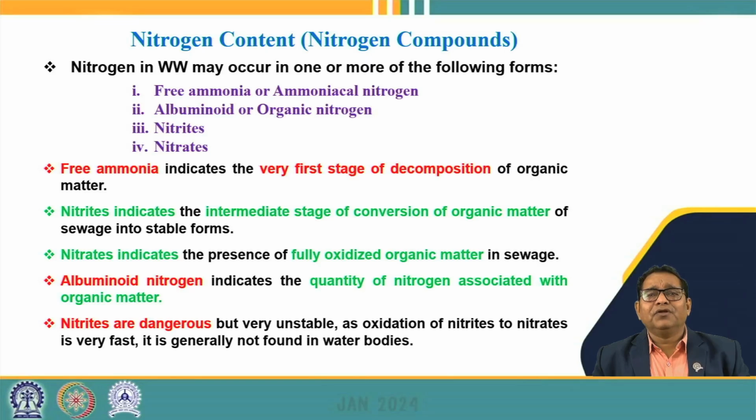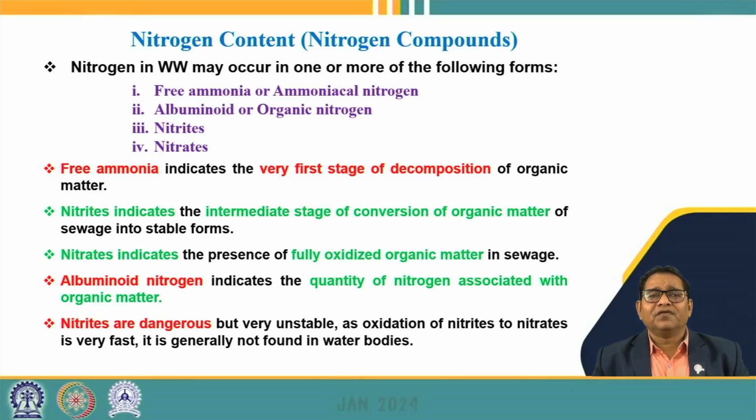If we see free ammonia, which basically indicates the very first stage of the decomposition of organic matter, it indirectly indicates the extent of organic degradation that has already been achieved in the given wastewater samples. And then nitrite indicates the intermediate stage of conversion of organic nitrogen into nitrite. This is a little bit more stable form compared to free ammonia, but still this nitrite is very unstable, and